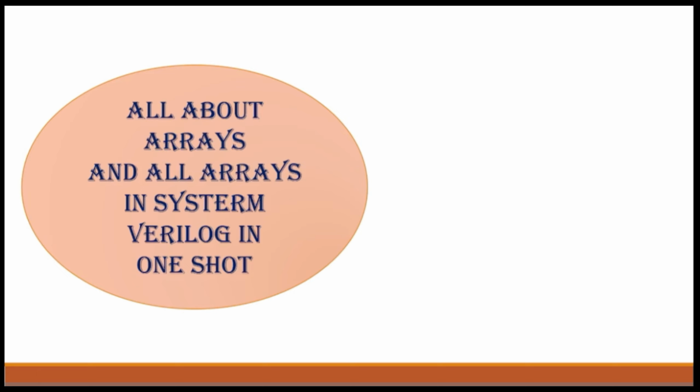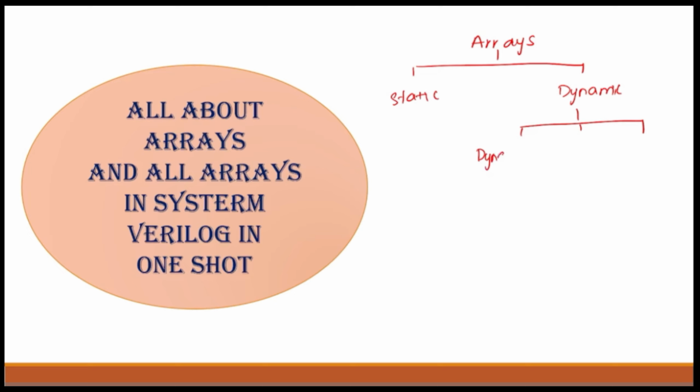Let's dive into our topic today, which is about arrays. You all know that arrays in SystemVerilog are categorized into two parts. One is static arrays, also known as fixed arrays, and the second is dynamic arrays. In dynamic arrays you have three types: one is the dynamic array, the second is the associative array, and the third is